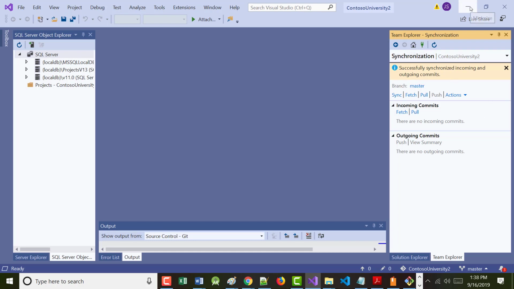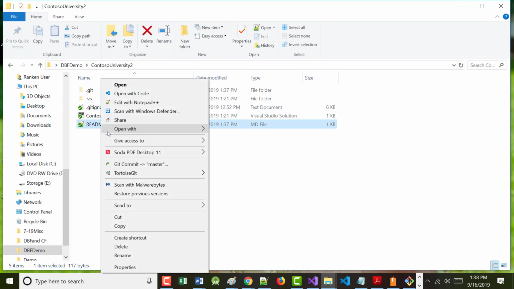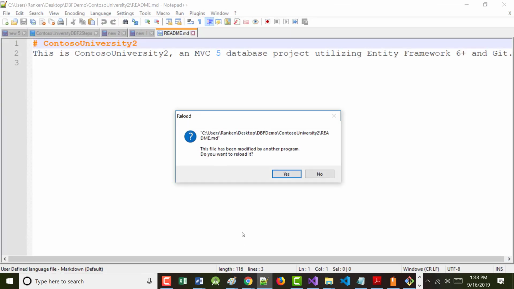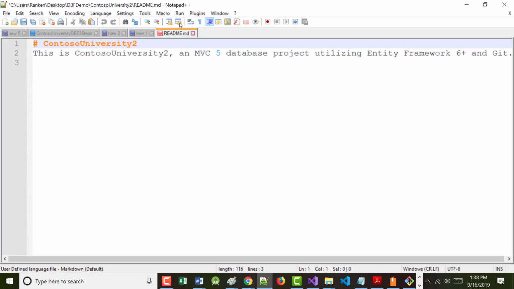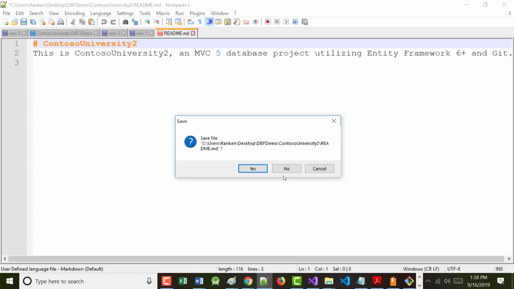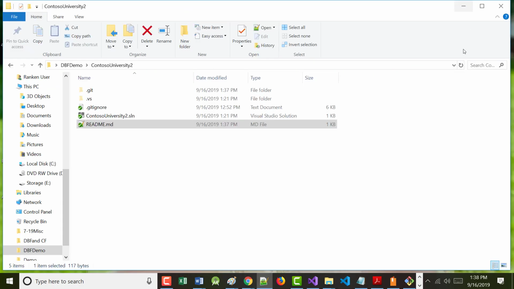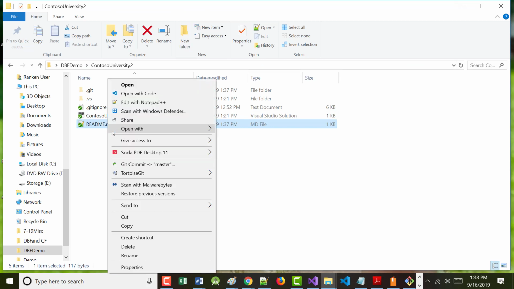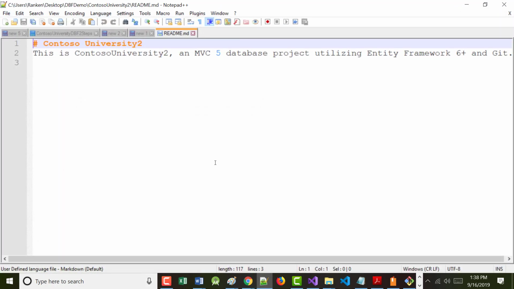Now let's try it and see if that worked. Oh, it's because I had the old one still open. That wasn't good. You see where the blank space is in there now? So now we went the other way.